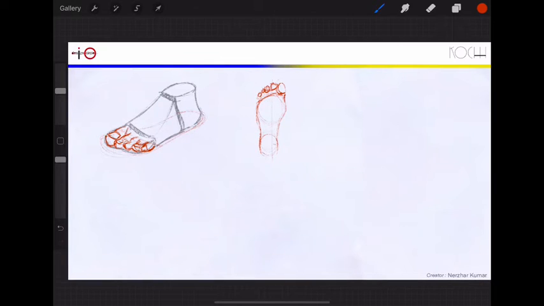The strap comes between the gap of the index toe and the thumb toe, right? So if I want to create a slipper,